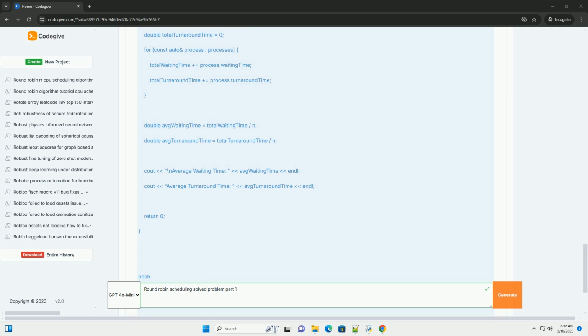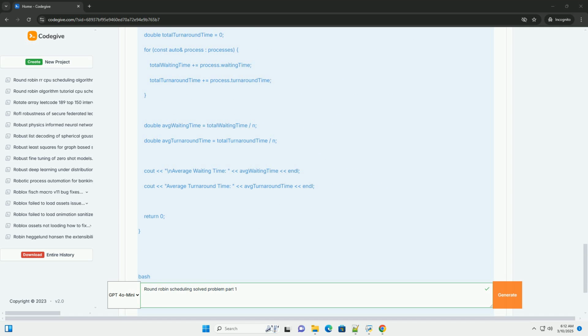3. Algorithm implementation. Here's a breakdown of the round-robin scheduling algorithm. 1. Initialization: create a ready queue to hold processes waiting to execute. Determine the time quantum, Q. For each process, store the process ID, arrival time, if applicable, CPU burst time, remaining time, waiting time, and turnaround time. 2. Main loop: